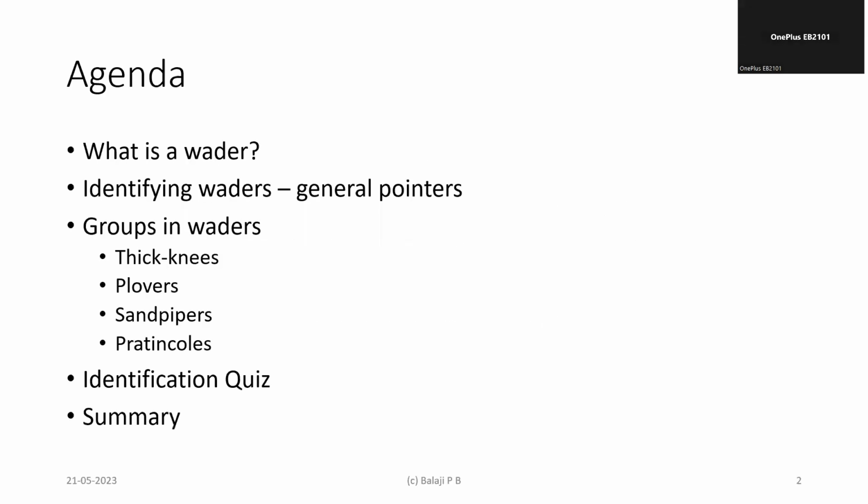So in today's agenda, we'll be discussing things like what is a wader, how to identify waders, and some general pointers. Some of the groups in waders that we're going to look at are thick-knees, plovers, sandpipers, and pratincoles. Towards the end of the presentation, we're going to look at identification of the waders, and then we are going to conclude with the summary of the